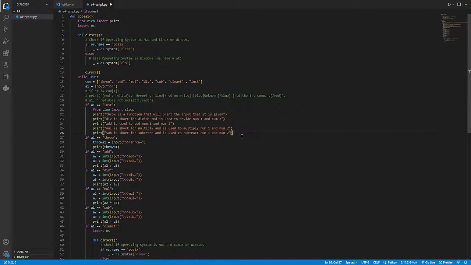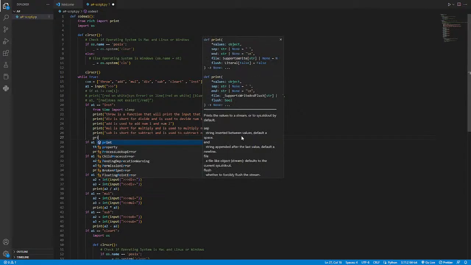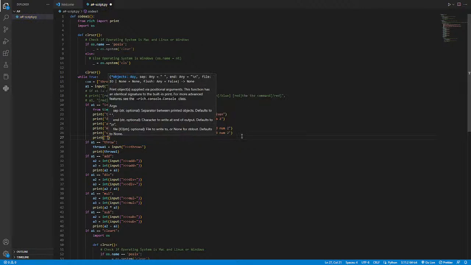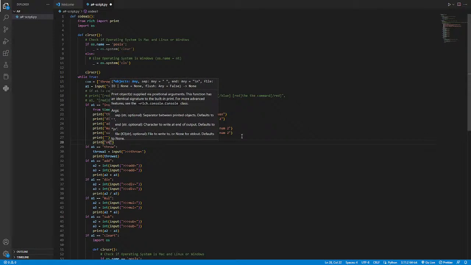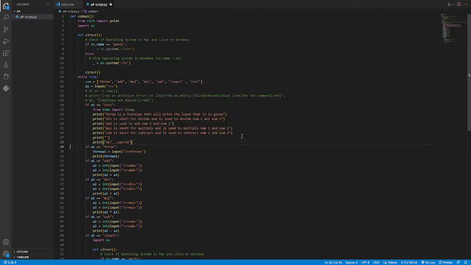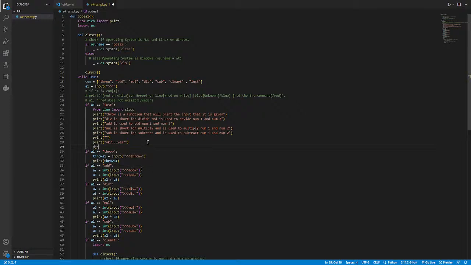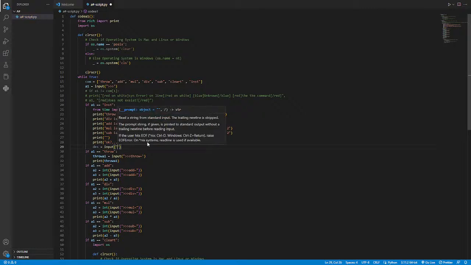we're going to print that, and then after, if we go print nothing, and then we're going to do print okay, yes slash no. And then we're going to do this equals input, just input yes, no, then